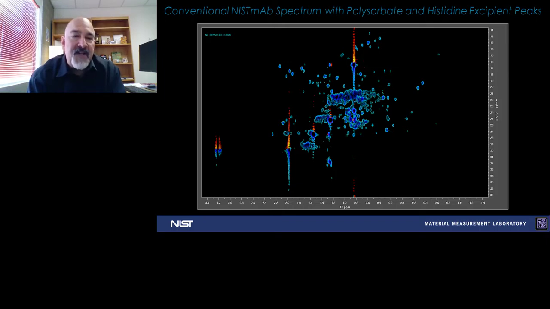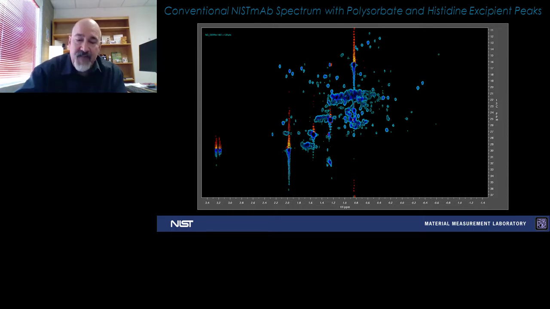And as a result, when we want to measure NMR spectra of samples that include excipients, what we find are situations like this one, where the spectrum is dominated by large excipient signals,